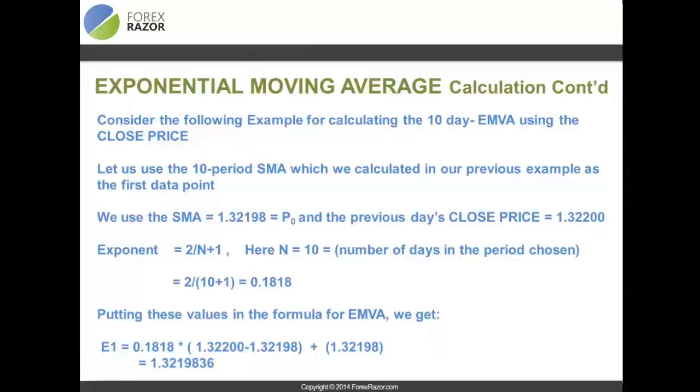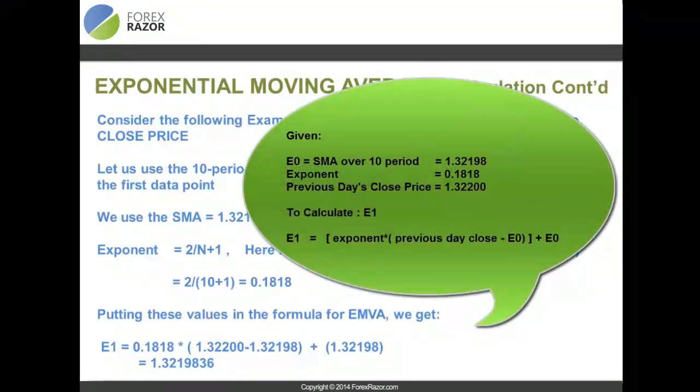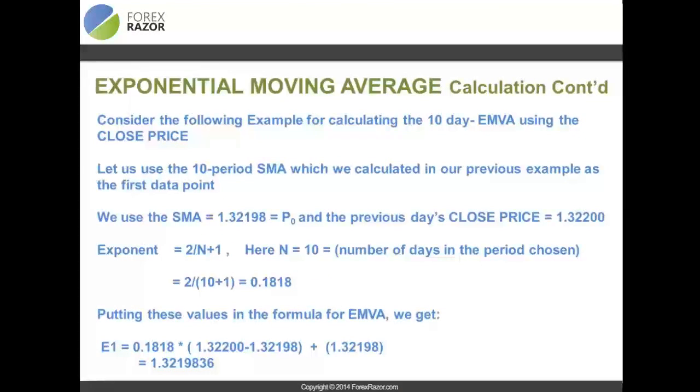The exponent, or the smoothing factor value, is equal to 2 divided by 11, which is 0.1818. Putting these values in the formula, we get E1 is equal to 0.1818 times the difference between the previous close and our first reading, the product plus our first reading. This comes out to be 1.32198. Now this E1 value, which we just computed, will be used for the calculation of E2,